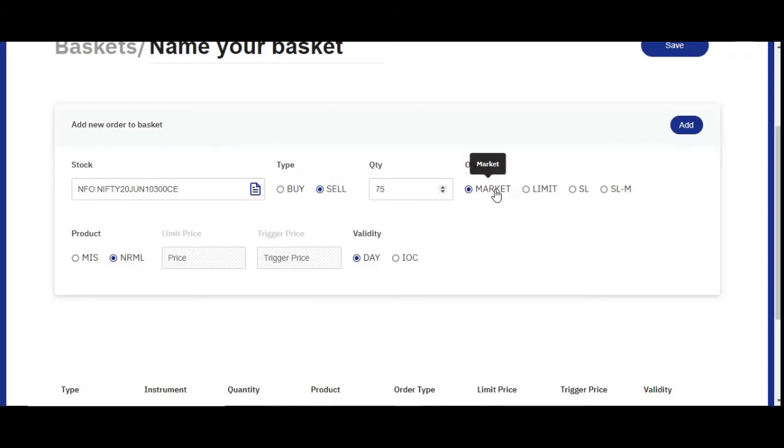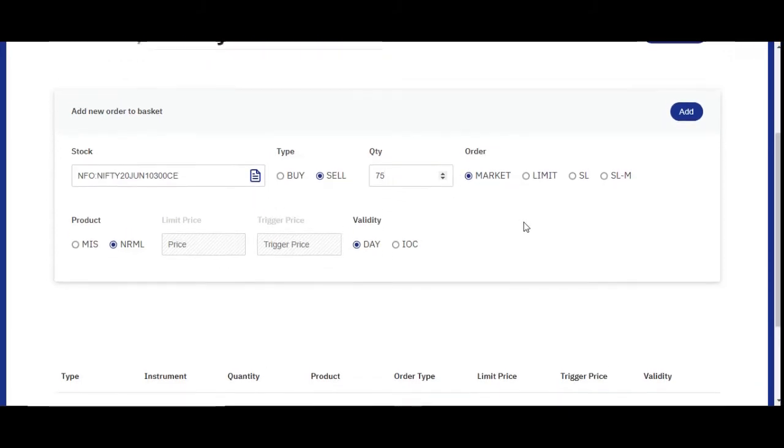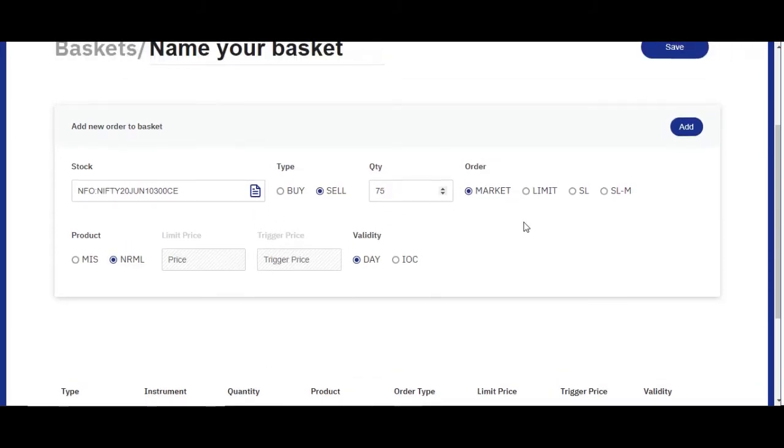I'm keeping it as a market order, because we might not be sure what the price of this call option will be. Also, as I'm creating a basket order, if I place a limit order and one leg gets executed while the other doesn't, then there is no use of creating the basket order, right? Also I'll be creating an overnight position.